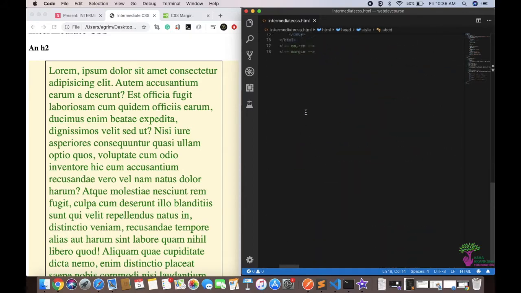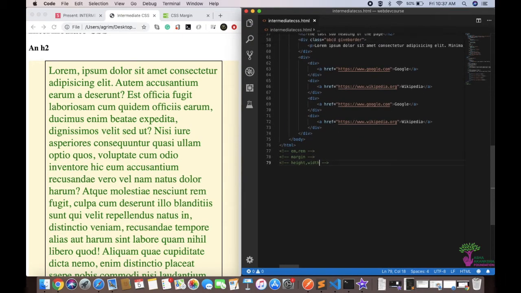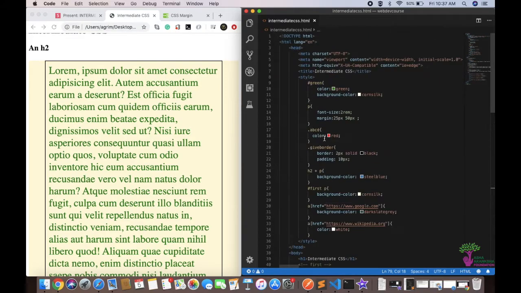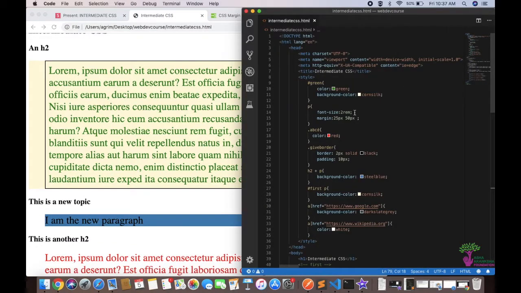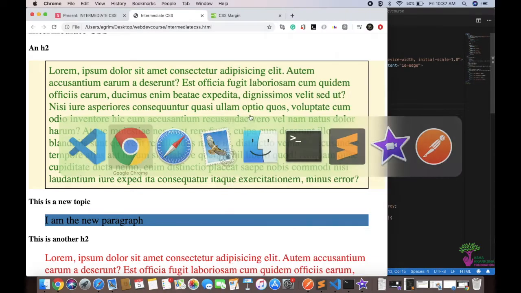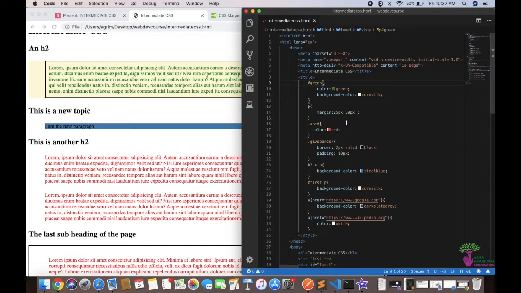And now what I want to show you is height and width. Yeah, so I mean, they're pretty evident what they are. They are the height and width of a thing, and this will be better shown if I have a good amount of space here. And I'll remove this 2 rem. This is making it too big. Right. So now what if I don't want this paragraph in this complete thing, right? What I can do is